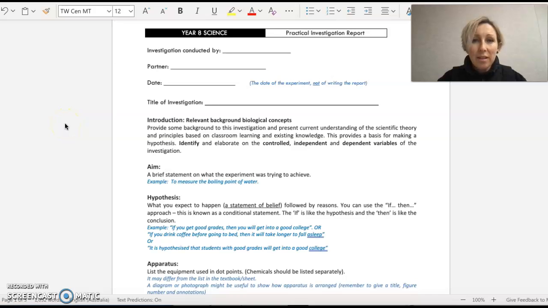Hi everyone, this is just a short video going through the template that you'll find in Teams. This is the Year 8 one obviously. So you'll see here you need to fill out the information at the top and follow the guidance given in